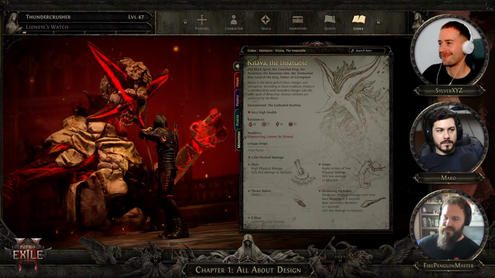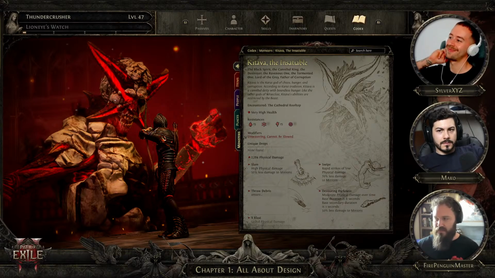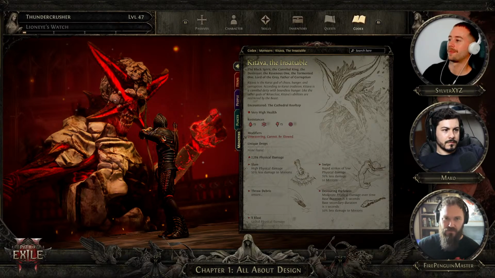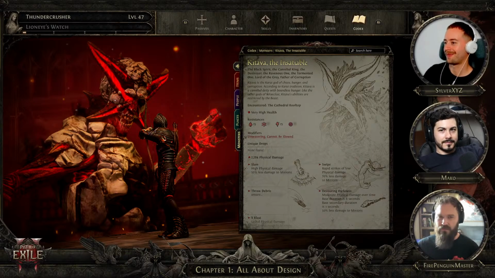Similar thing with his attacks. He's hit me with slam, he's hit me with swipe, he's hit me with devouring darkness, but I've been able to dodge all of the thrown debris attacks. So I don't actually know what that one does, but I've got a pretty good idea about what those other three do. And then obviously I've died to X-Blast. You can kind of see